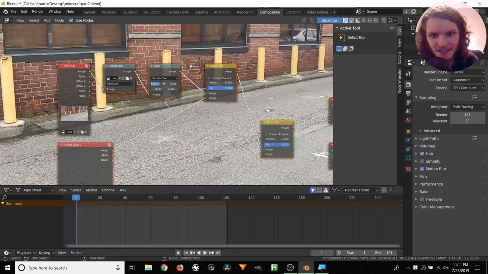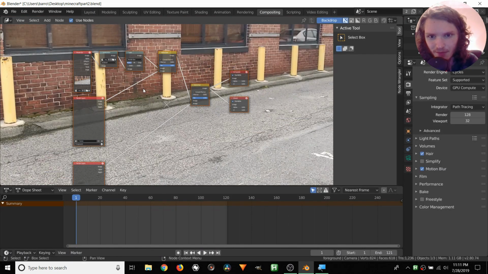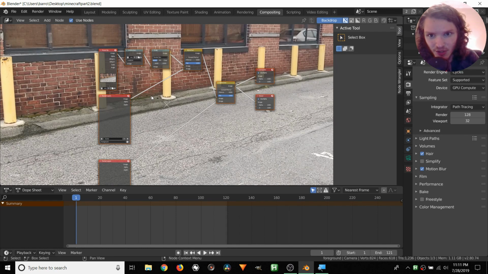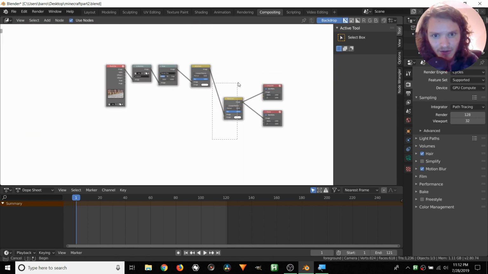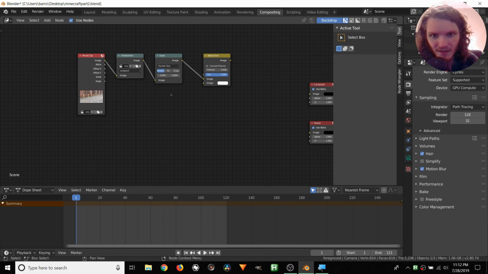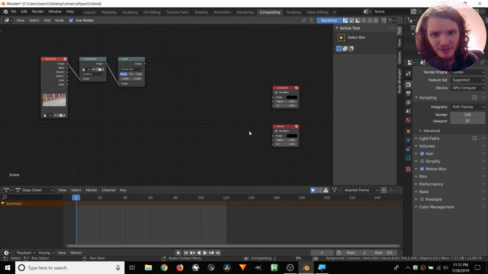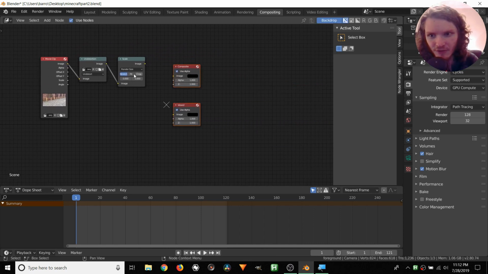So in the compositing tab, we have this whole mess that was made when we hit setup tracking scene. And the good thing is, a lot of this doesn't need to be explained because we're going to delete most of this. So we can get rid of these, X, get rid of this. And I think, yeah, we can get rid of this too. So this is all we have left over.